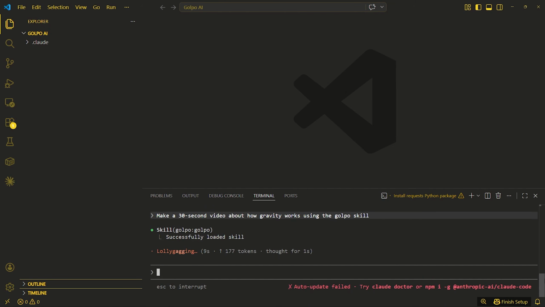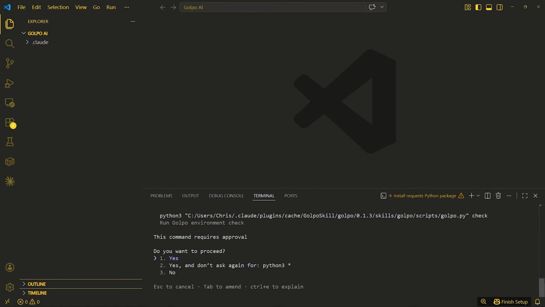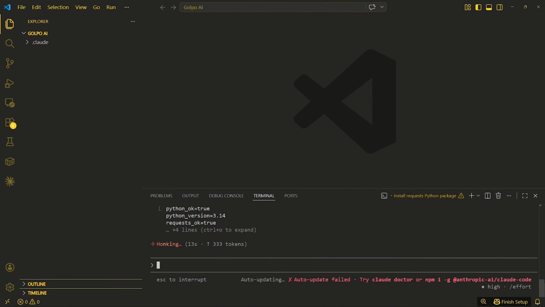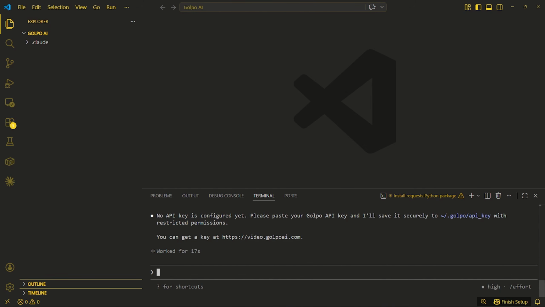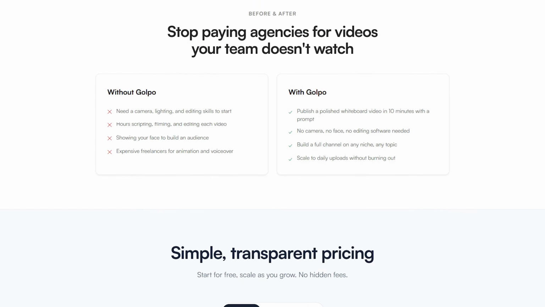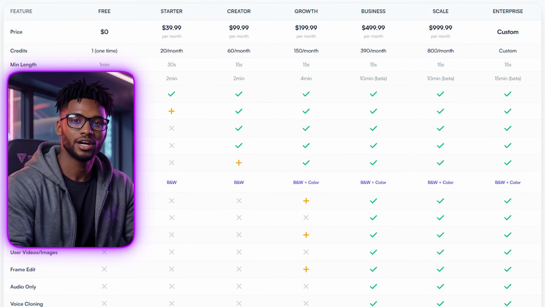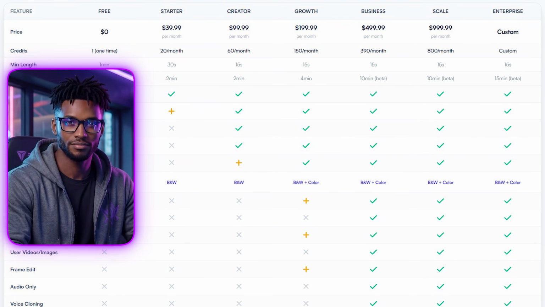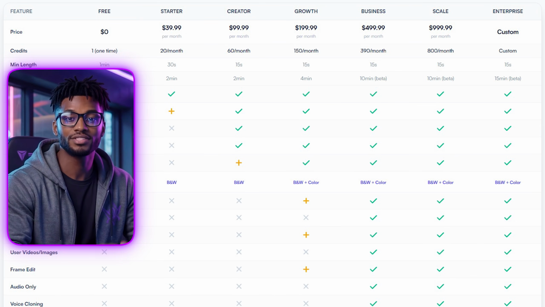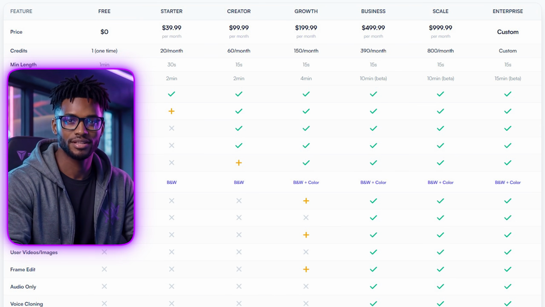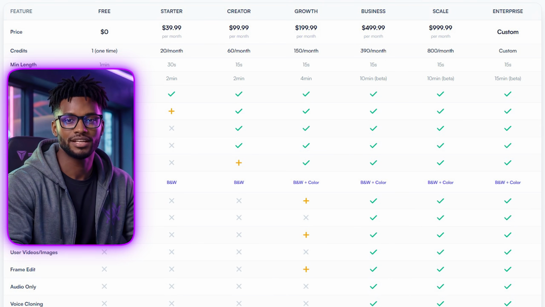It starts by loading the Golpo skill and ask for approval. Choose yes here to approve. Then finally, it's going to tell you there's no API key configured yet, so you need to paste it before it can continue. The only way to get the API is to visit the Golpo site and sign up for their scale plan or the business plan with the API add-on. I know the cost might be high for most new creators, but you need to understand that the tool handles everything, including voiceover and editing. Not only that, you can also generate up to 80 10-minute videos, which is more than enough content to get